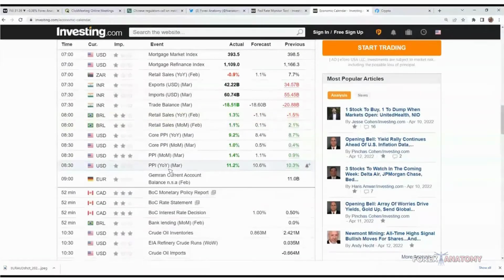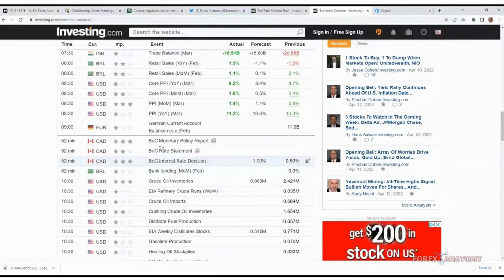Let's scroll down and see what's coming up. We've got the Bank of Canada monetary policy meeting coming up, right on the heels of last night's Reserve Bank of New Zealand monetary policy report, where we're expecting them to hike rates by 50 basis points. So it's going to be interesting to see if we get a similar type of response there, where we'll see